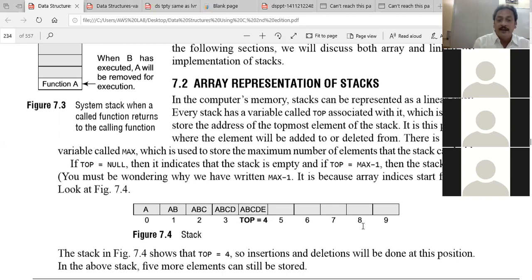How many elements are in the array? Nine, sir? Not nine, it starts from 0. There are 10 different elements. The last is at max minus 1, that is 10 minus 1, the 9th position. Either max minus 1 or n minus 1. So the first element will be added in the array at the 0th position.